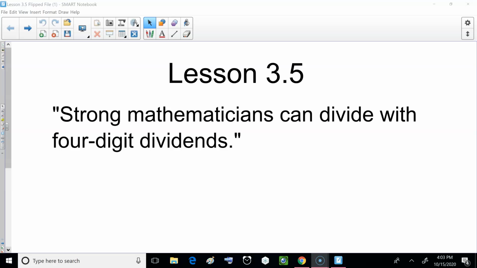Strong mathematicians can divide with 4-digit dividends. There's our vocabulary word again. Do you know what dividends are? Hopefully you have that right answer coming up for us. So lesson 3-5, take out your pencil, take out your notebook, write down today's date, the lesson number, and let's